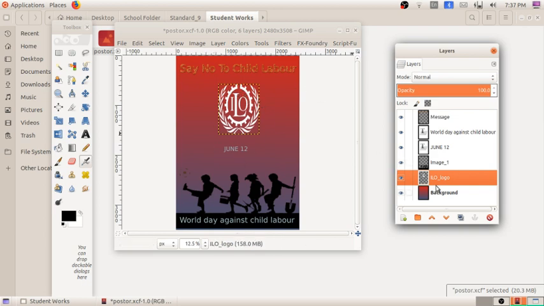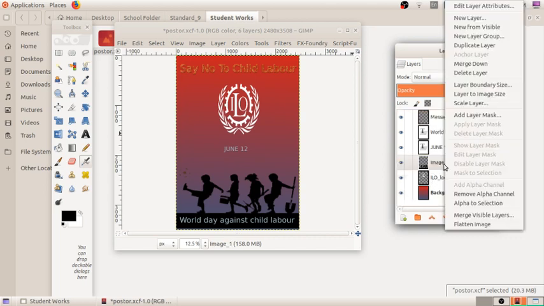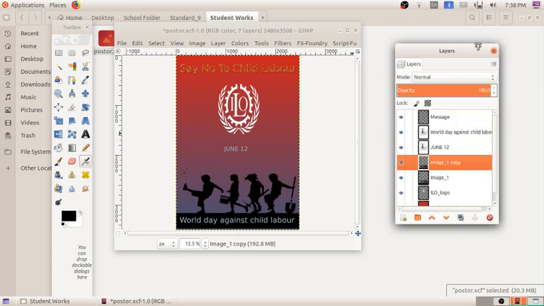The next thing you have to keep in mind is that there are some features for the layers. So I am utilizing a feature. I am taking the image _1 and right clicking here, and I am taking the duplicate layer.